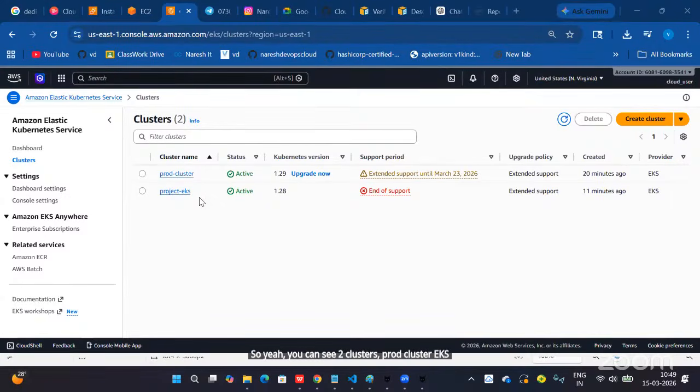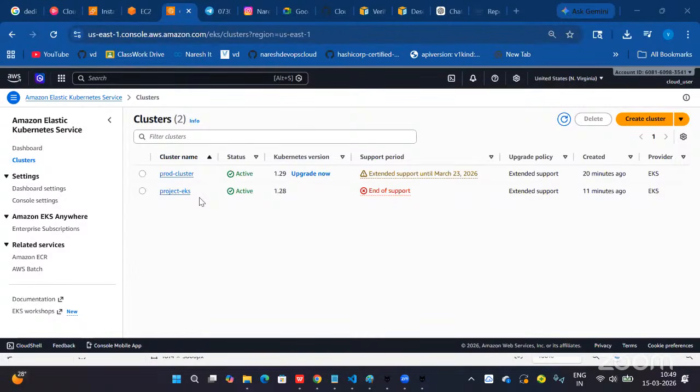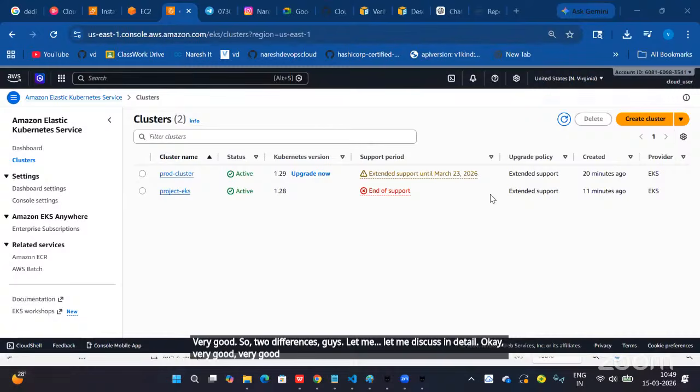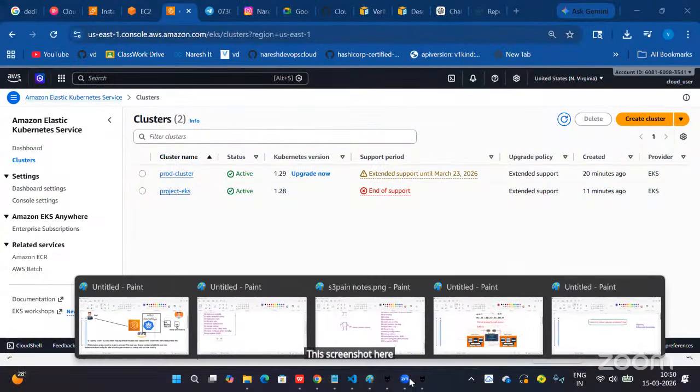Have you observed any difference in these two clusters? Very good. So two differences, guys. Let me discuss in detail. Very good, you guys are all right. Let's see the screenshot here. We can start this process.